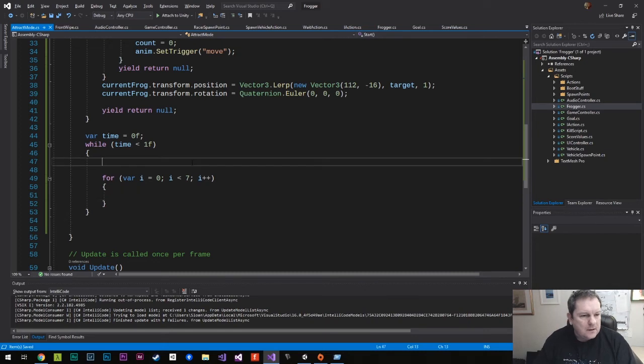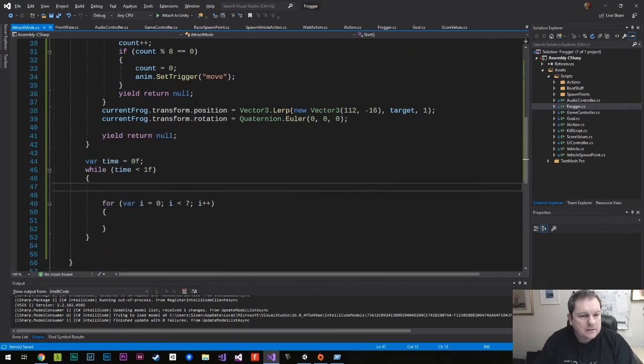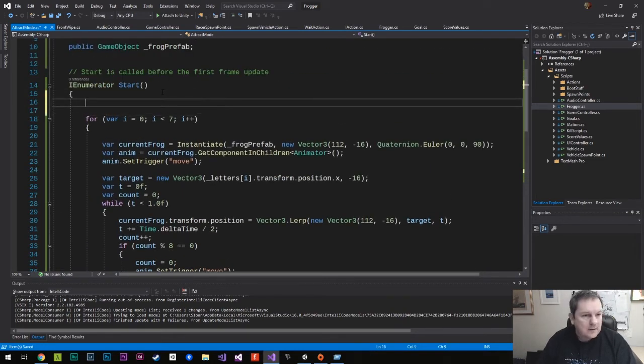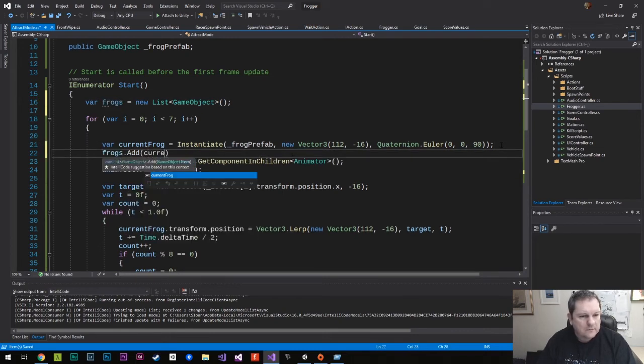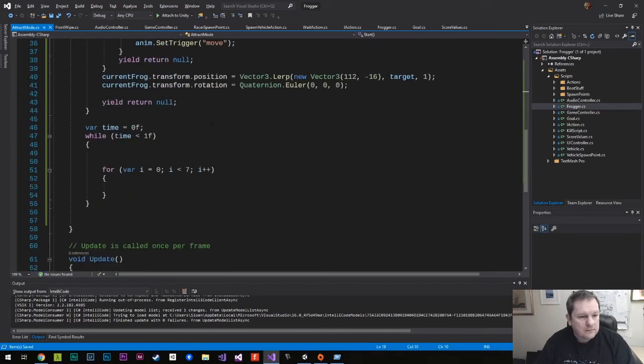Okay. Let's just do it the same way as we did this one here. Keep it easier. Okay, so we can speed it up a little bit. So we can do var, but we need to know each frog, don't we? So we need to have var frogs equals new list game object, and then we're going to do add current frog. So we're going to add that to the list of frogs so we know what these ones are, and then